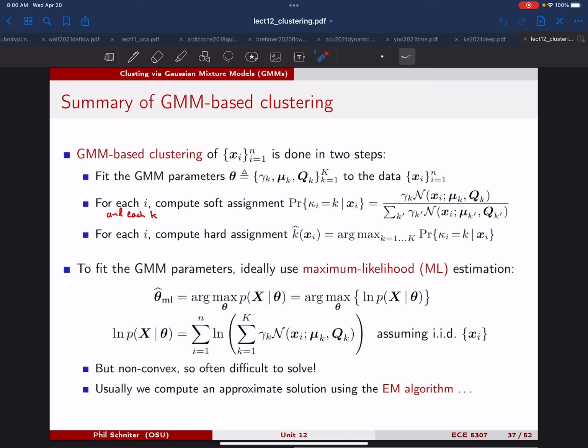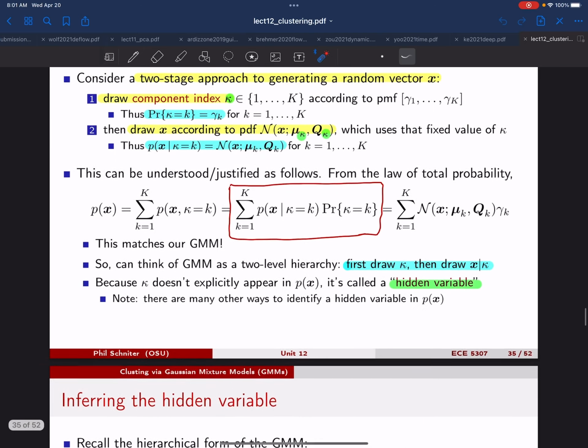So we're going to get into how we do the training of the Gaussian mixture model today. So let's just review the overall procedure, how we use this for clustering. Our Gaussian mixture model